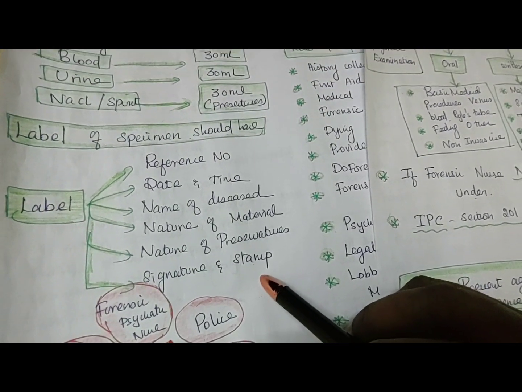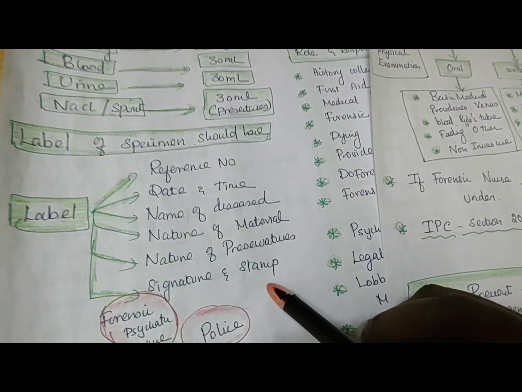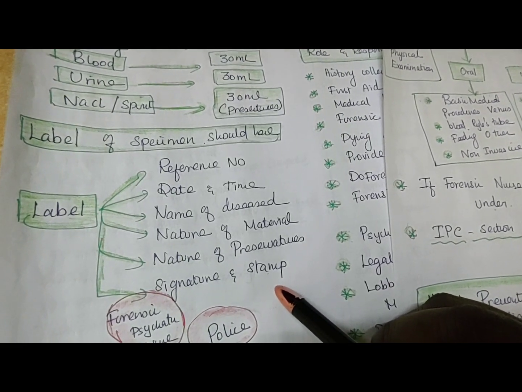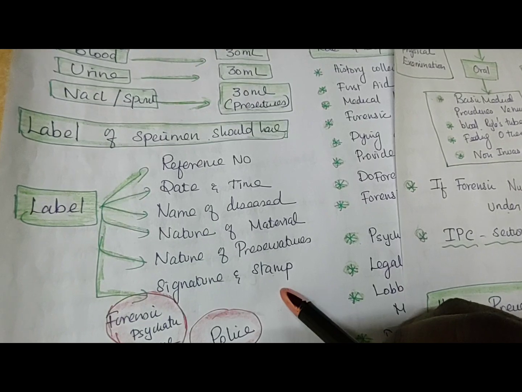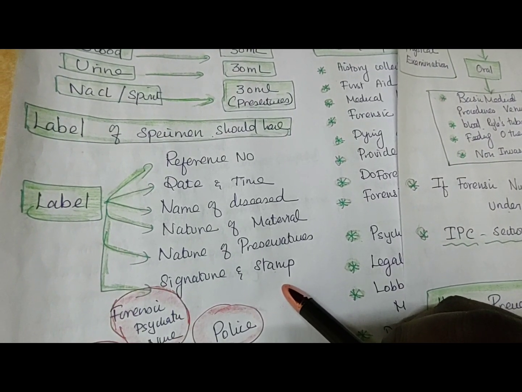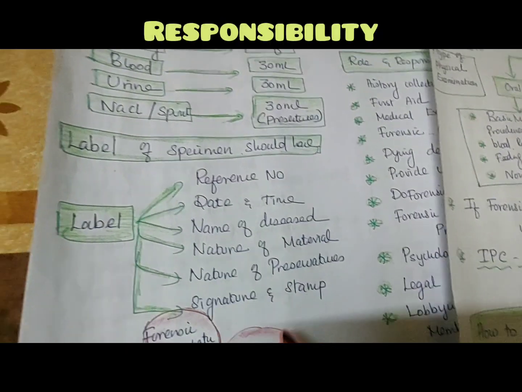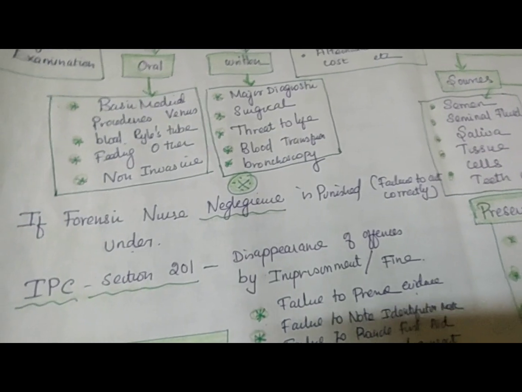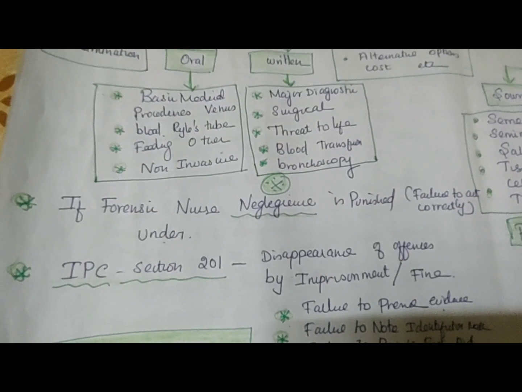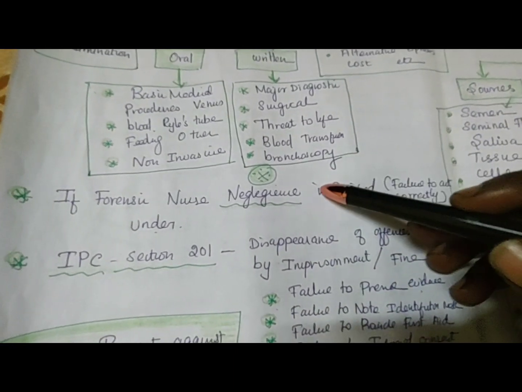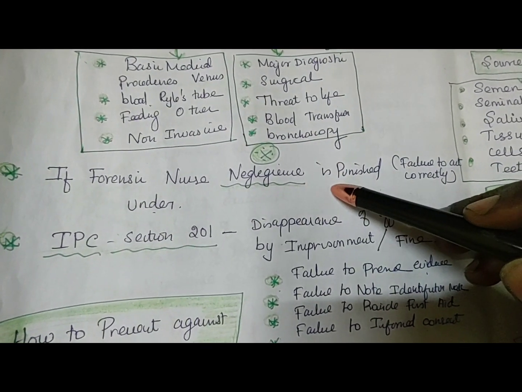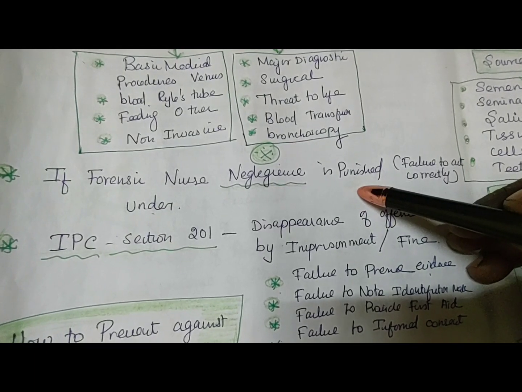Why are her data collection and specimen collection important? Because this nurse is not only giving care to the individual victim or the accused, she is also playing a role in society and bringing justice to society. So her responsibility is very important. You can ask why other nurses need not follow law and order. Yes, other nurses' negligence may take away the patient's life, but here the forensic nurse's negligence will be punished very severely, because